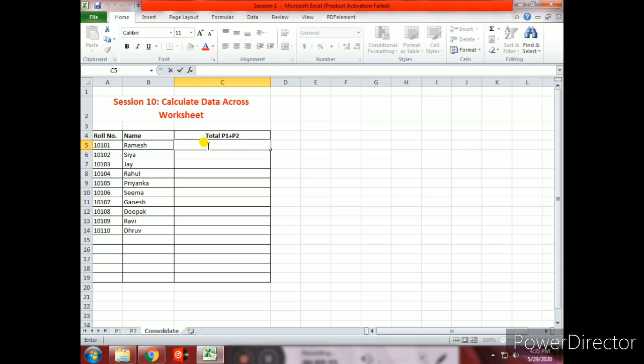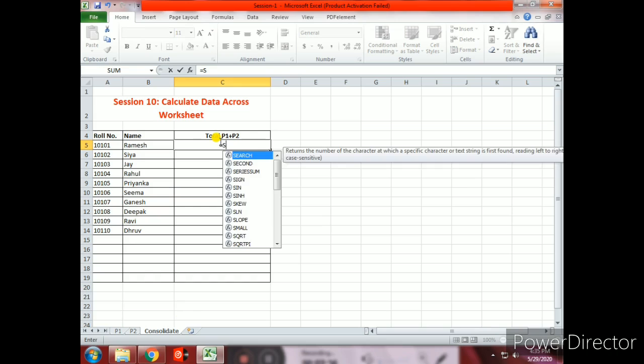Now select the cell C5 and type the given formula: equal to SUM, open bracket.